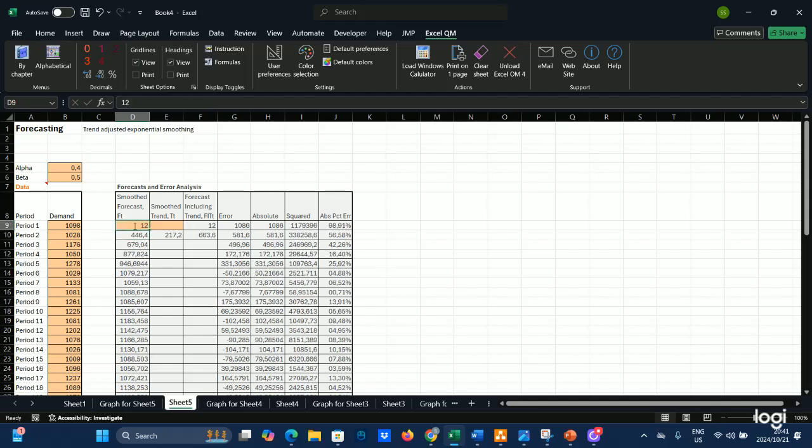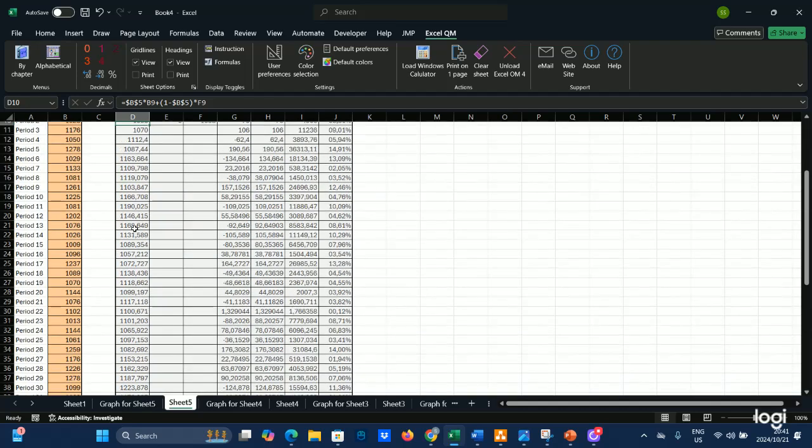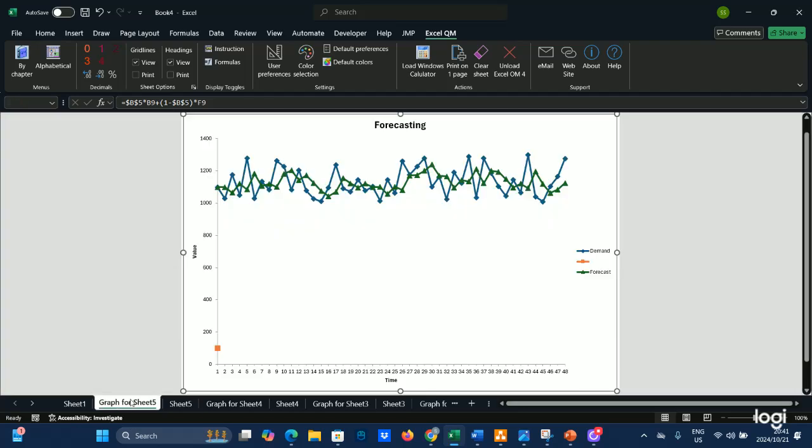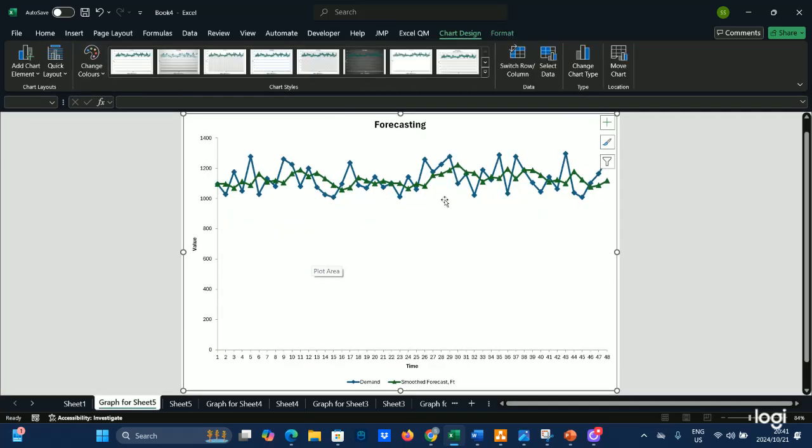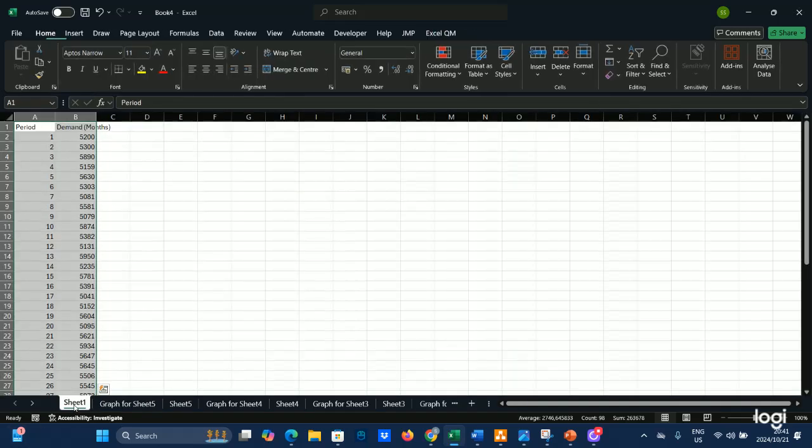So now as you can see, if I type 1098, you can see now my data changed to account for that value, right? So now, yeah, and then you label everything, and then you label your graph, right? And then now let's say we're doing forecasting using